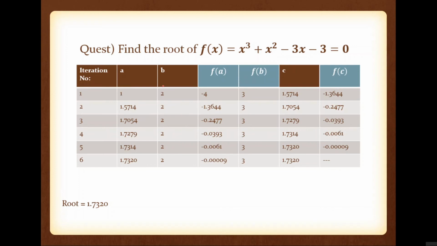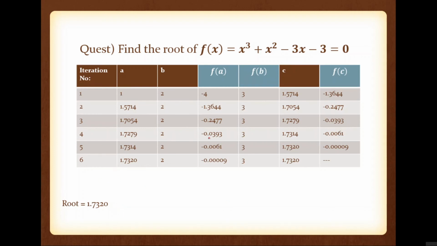If you are doing the false position method, and if A and B are continuously changing alternately, then one thing is sure, some mistake is happening in your solution. So always please note, if you are using the false position method, one side will be constant. That is a main advantage. So here you can see the false position method, if you are comparing, the answer is again 1.7320.